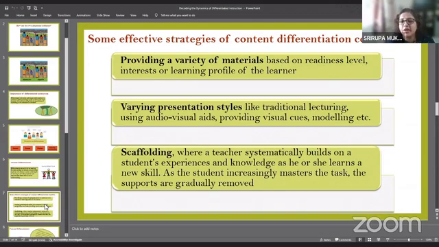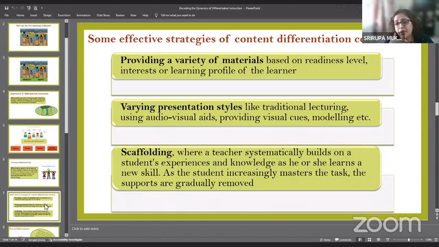So this could be a very effective strategy of differentiation, wherein maybe I'm teaching a particular concept in class, but once I have completed whatever has to be covered in the so-called syllabus, keeping in mind the needs of the more gifted students, I can always refer them to some book or some kind of resource. You can check this out, you will find some additional information there, so that satiates their need and their urge to know more.